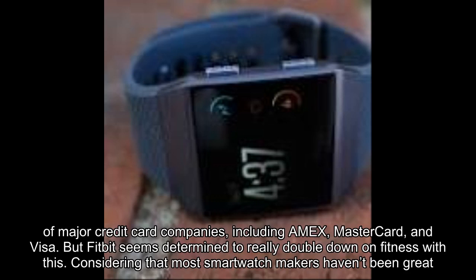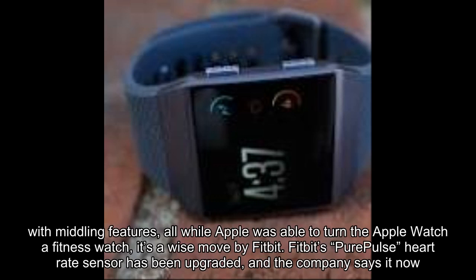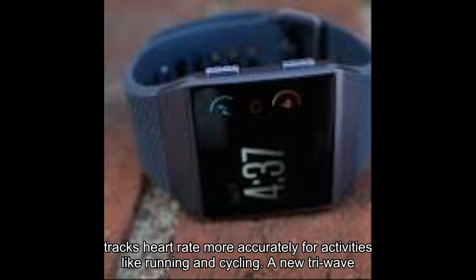But Fitbit seems determined to really double down on fitness with this. Considering that most smartwatch makers haven't been great with middling features, all while Apple was able to turn the Apple Watch into a fitness watch, it's a wise move by Fitbit. Fitbit's Pure Pulse heart rate sensor has been upgraded, and the company says it now tracks heart rate more accurately for activities like running and cycling. A new tri-wave